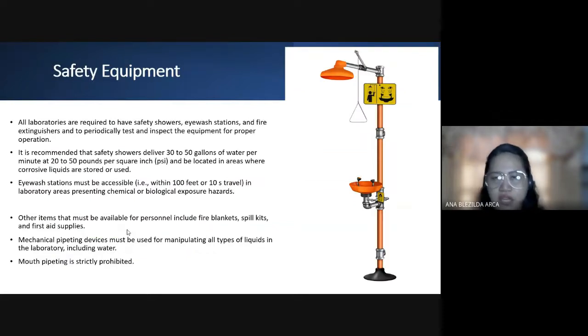Okay? So another thing that you have to consider is the safety equipment. So this is an example of a safety equipment na mandatory in the laboratory. This is what you call the safety shower and safety eye wash station. So ang purpose ito class is, for example,